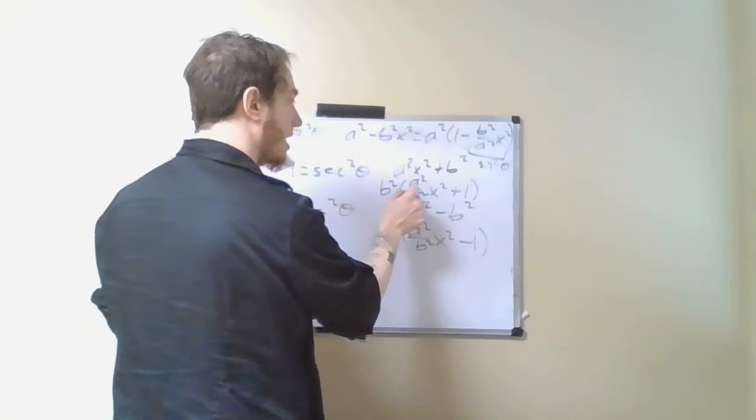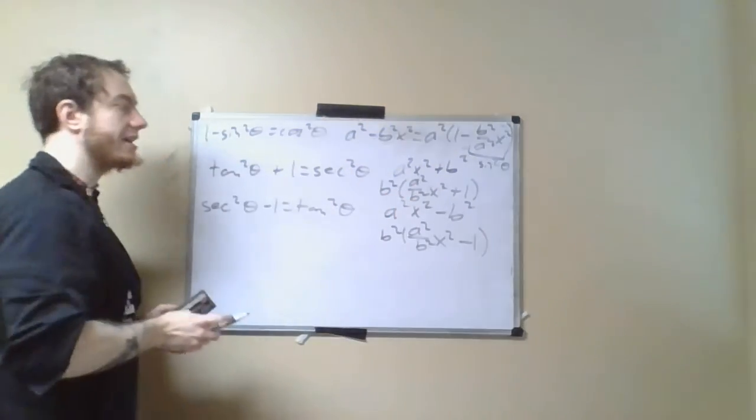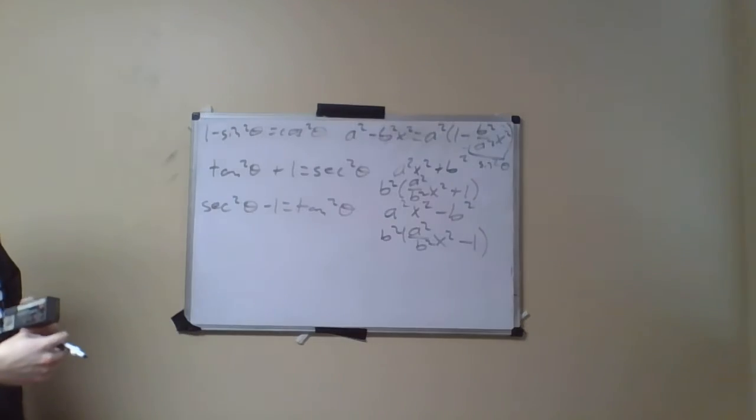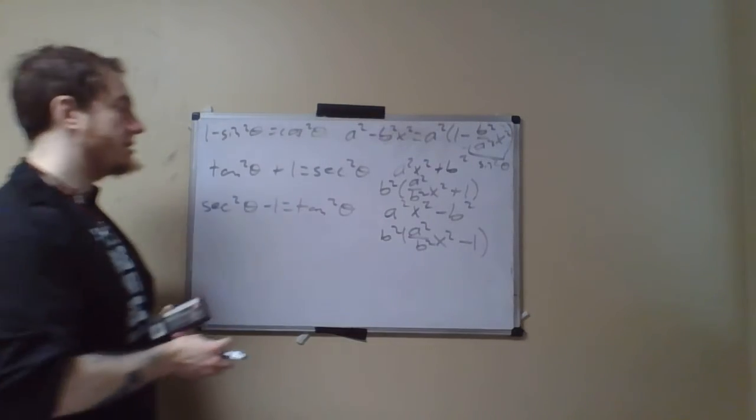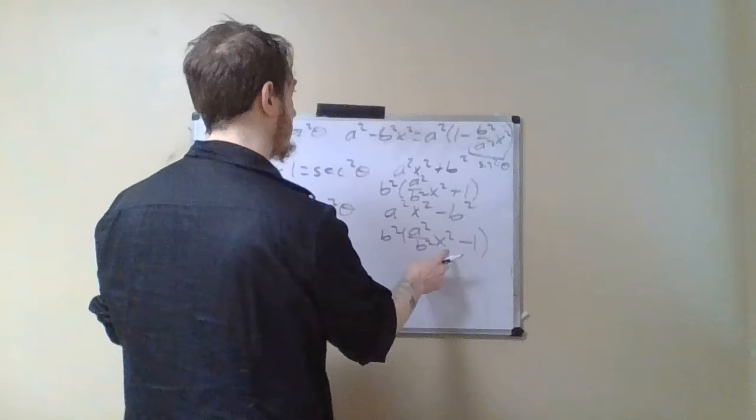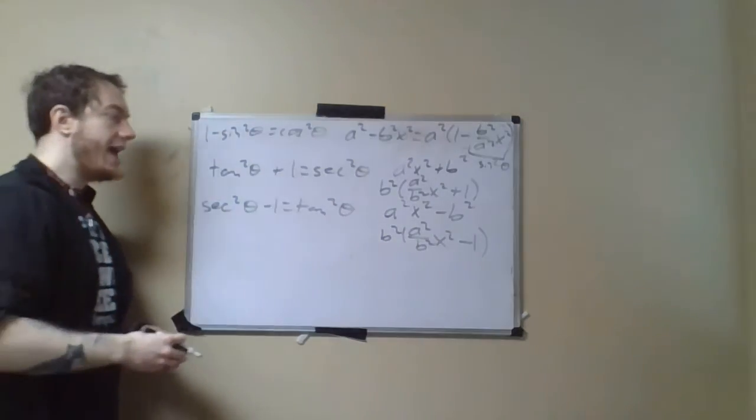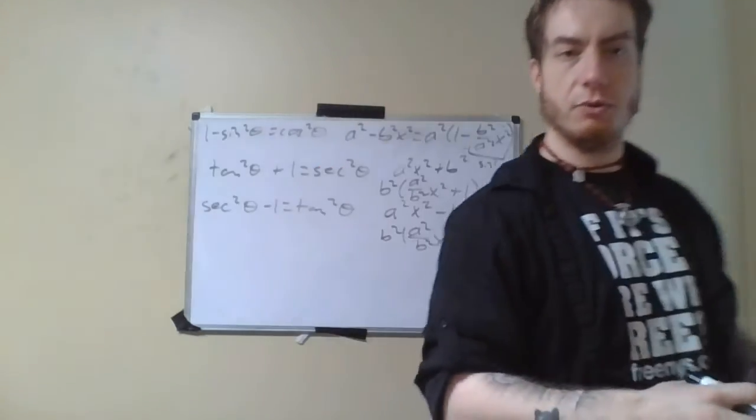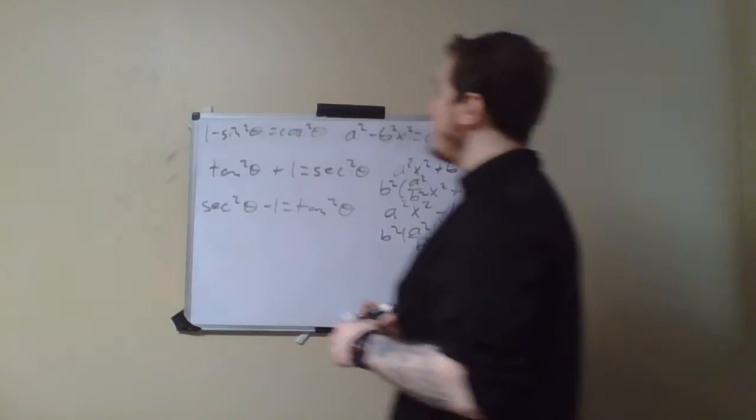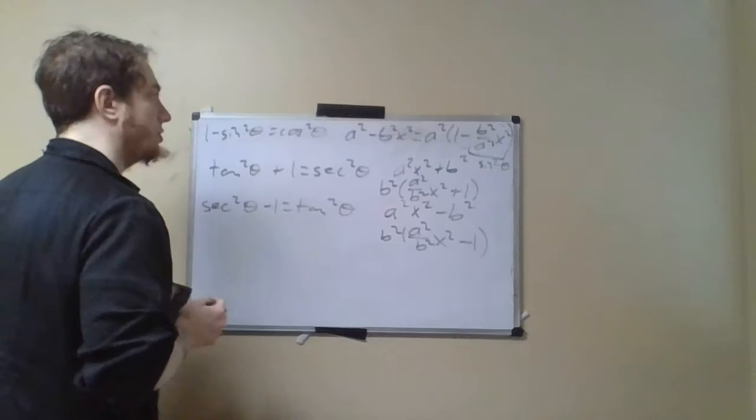In this case, I want this a squared over b squared x squared to become a tangent squared theta. And in the third case, I want a squared over b squared x squared to be a secant squared theta. And I can just set those things equal to each other and go from there. So what I do in each of these cases